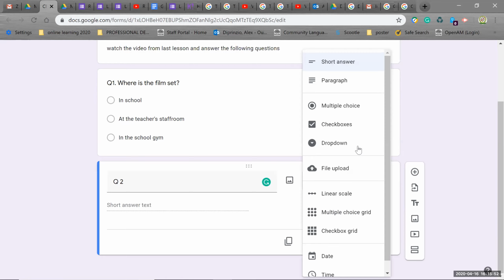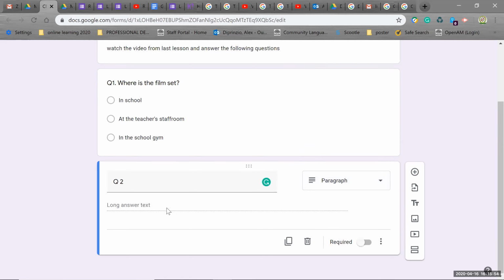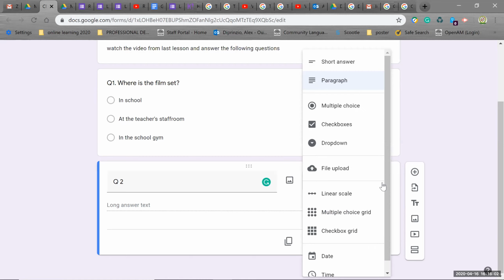Now, if you want to make this longer, for those students who know the language or it's a higher level class, here you can actually have a longer text, okay? So what I say about these is that when you start looking at the different options of creating the activity or the worksheet, if you look at the range of difficulty or of complexity of thinking that the student is engaged